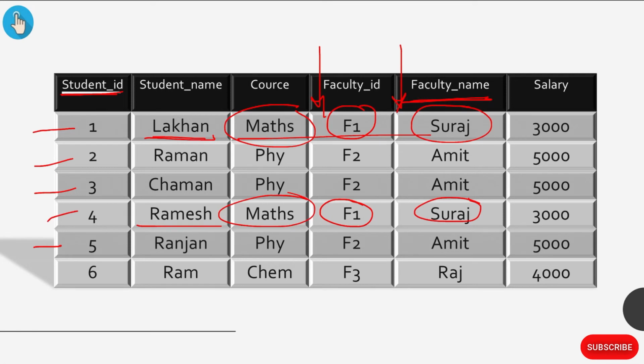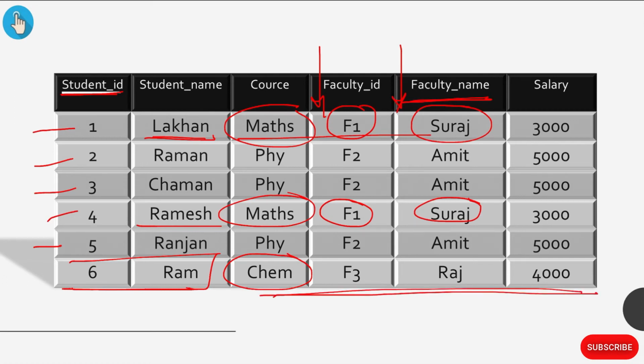Now suppose another problem: I want to remove the data of a student. If I want to delete the data of the student Ram, as he has already completed his course, that is chemistry, I want to remove the student ID and student name, but I don't want to remove the data of the faculties.